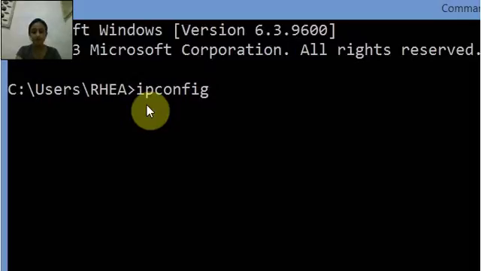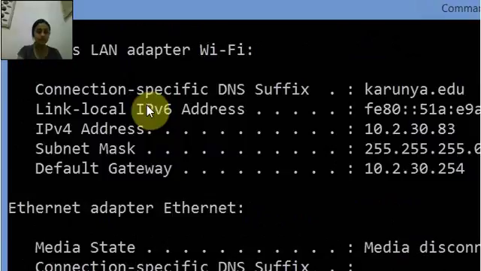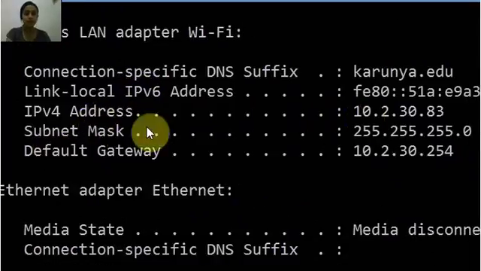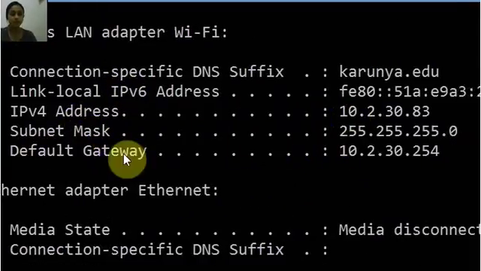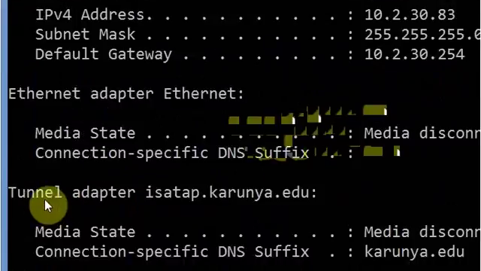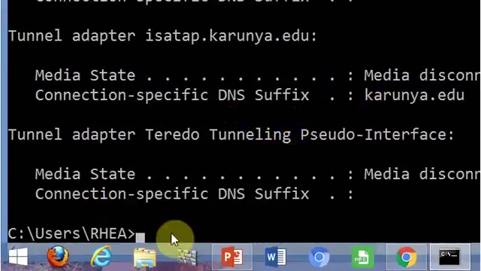Now what is this DHCP? It is Dynamic Host Configuration Protocol and DNS. DNS is Domain Name System settings, and it also displays the IP addresses, subnet mask and default gateway for all the adapters. Now let us see what it displays. See, it is displaying the IP address, the subnet mask and the default gateway address, and it has some more